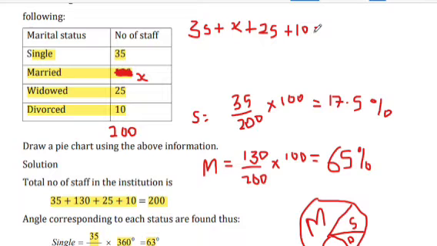Everything will be equal to 200. So when you add all of this together,